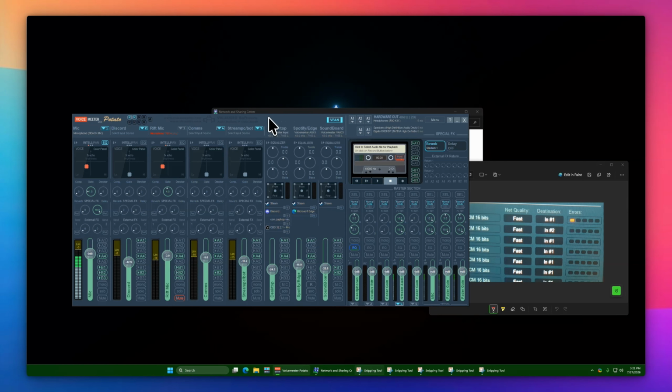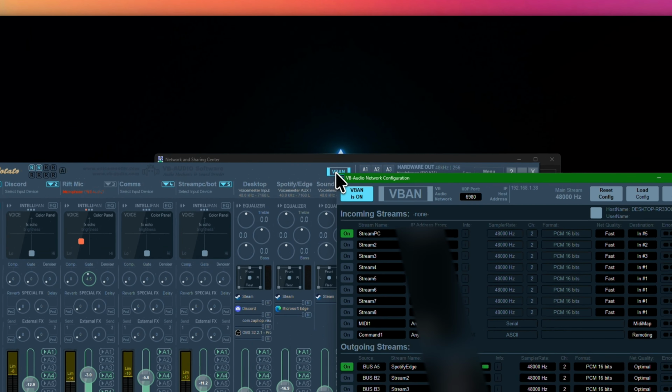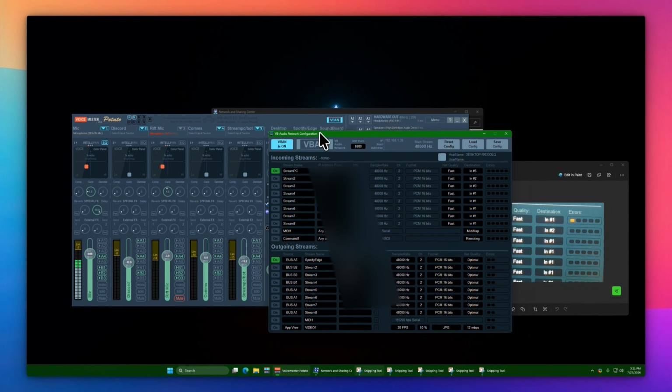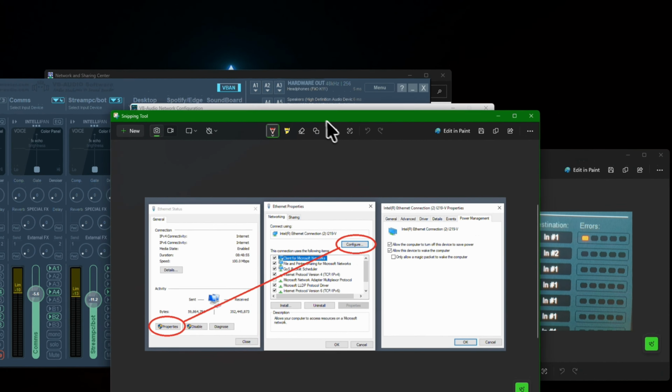Just to go over another possible thing that can happen: sometimes when you go into VBAN, you just won't see any incoming streams. Maybe one computer's receiving an incoming stream, but the other one isn't sending it back, like your computer isn't seeing it. Usually what I see fixing that is we go back to the control panel